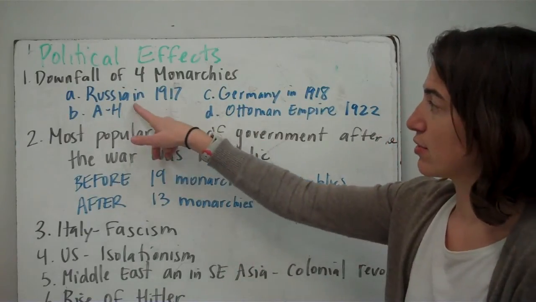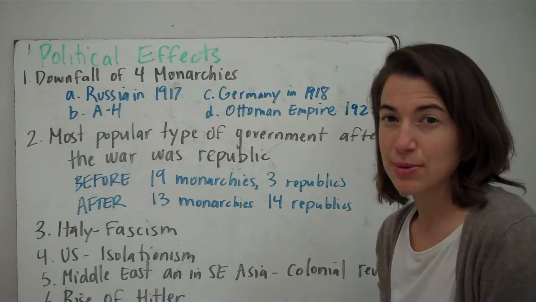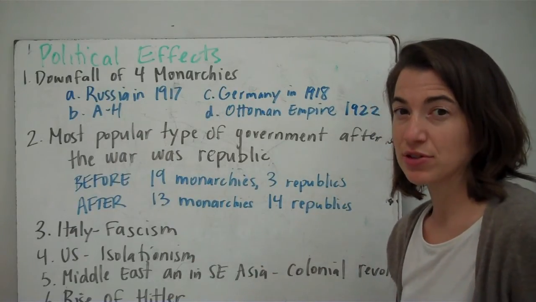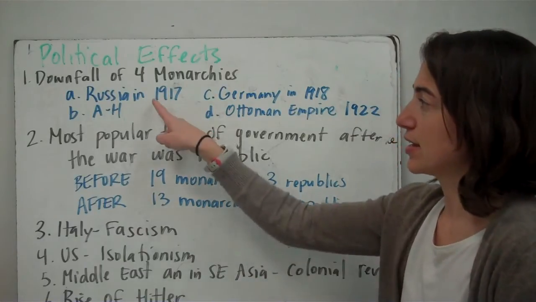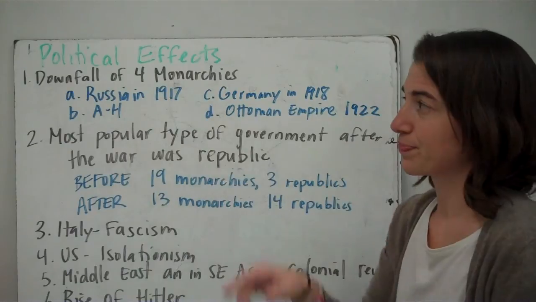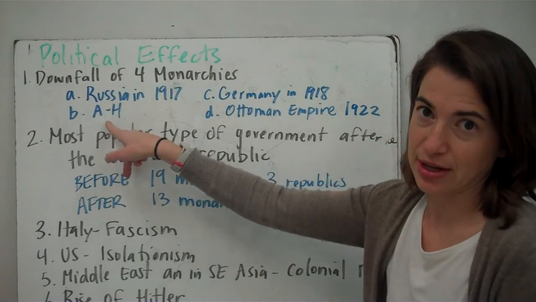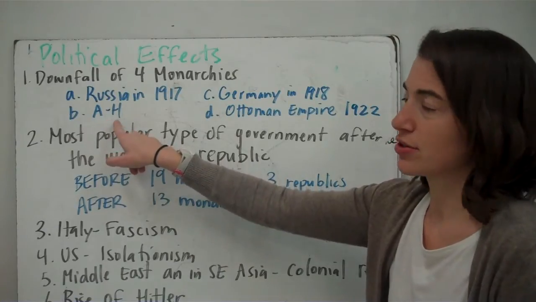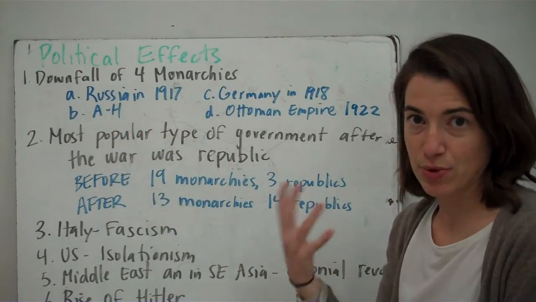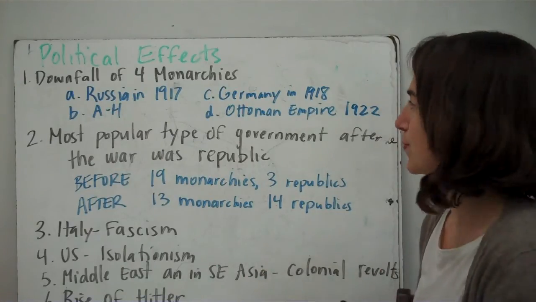So those are Russia in 1917. Russia actually gets out of the war before it's over because they have a revolution. And in that revolution, they take out the Tsar and they say, we don't want a monarchy anymore. Right? And they actually start communism when their monarchy falls. You've got Austria-Hungary, again, I'm condensing it to AH. Austria-Hungary just completely disappears. It was a monarchy, but it collapses and it becomes a bunch of different countries, so it's not a monarchy anymore.